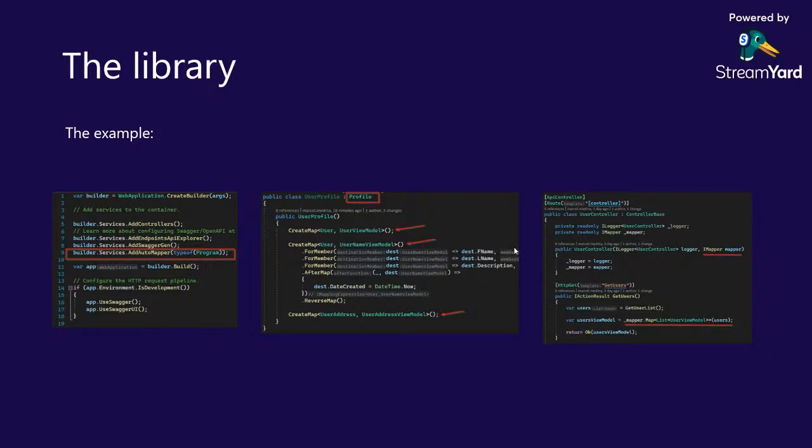So destination, source. And there will be some other actions available in here, where we're specifying methods to ignore, do the mapping,